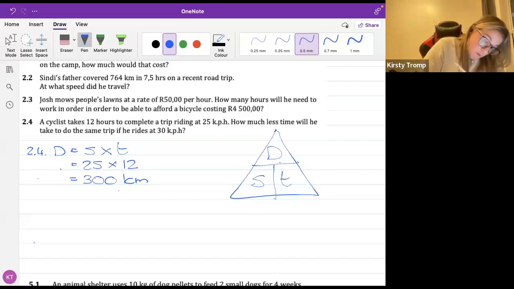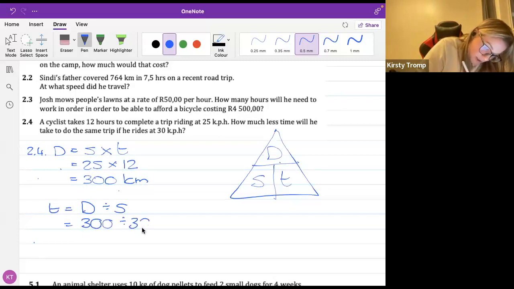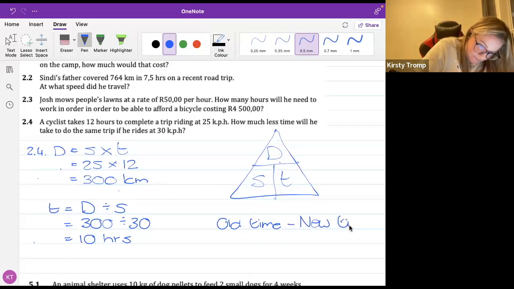All right, now we want to work out, well, what will the new time take us? So time is equal to distance divided by speed. So the distance was 300. The new speed is 30. 300 divided by 30 gives me 10 hours. So the old time minus the new time will be equal to 12 minus 10, which gives me 2 hours